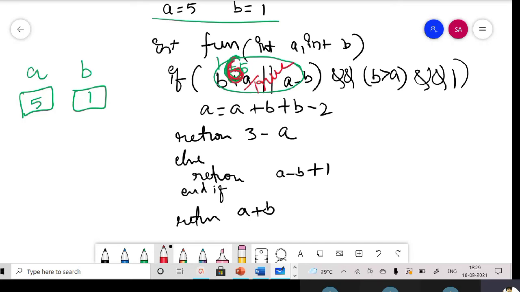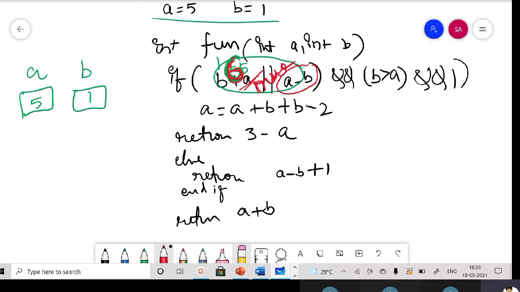Any non-zero value will be considered true. So no need to check this A minus B. So this total thing has become true now for me.